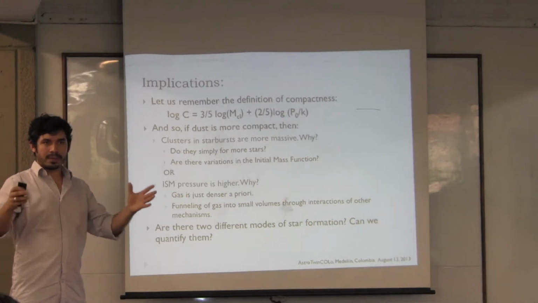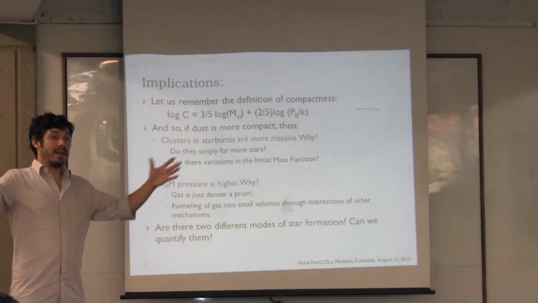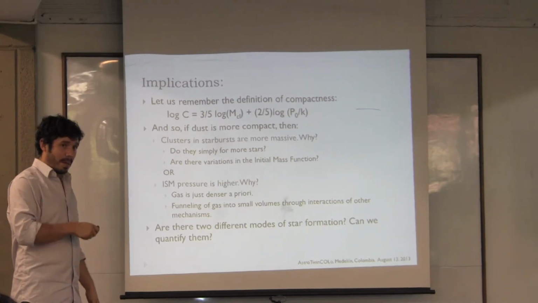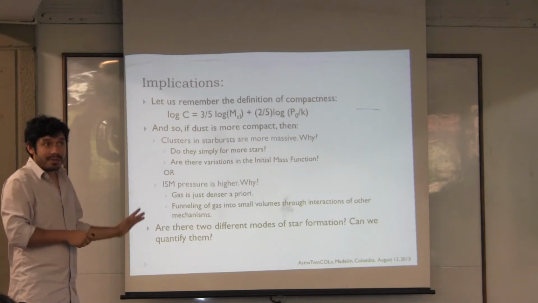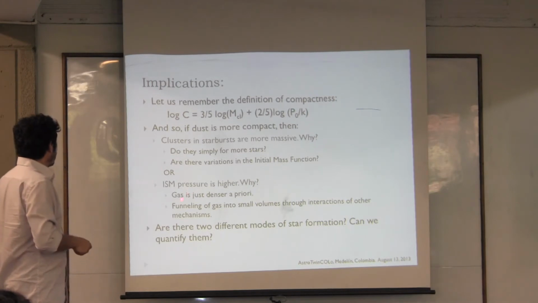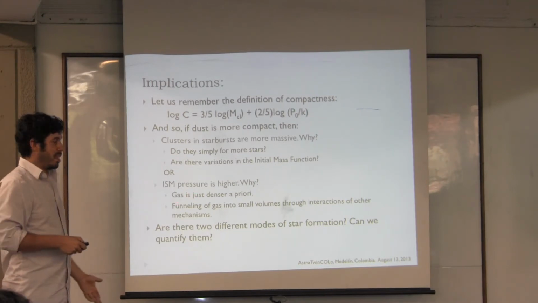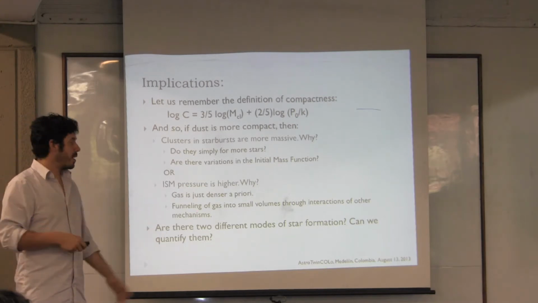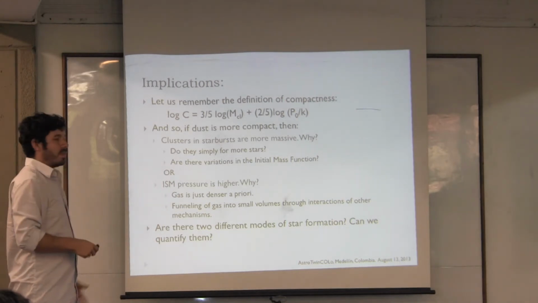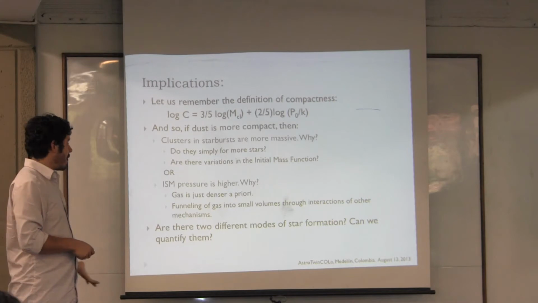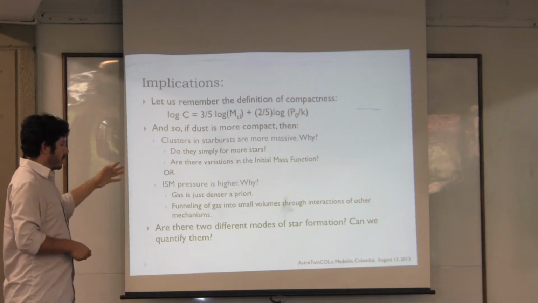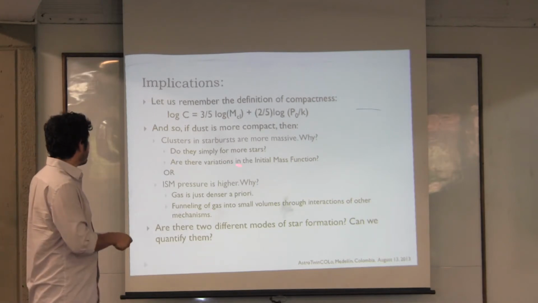I mean, if you form a bunch of stars at a certain point, how many of those stars are big and massive, and how many of them are small? If it turns out this increase in compactness is because of a mass issue, that could be because there is a variation in the initial mass function. This is a strong statement, but it could be. Or gas is denser. Was gas already dense when the starburst started, or was it the interaction that, by funneling the gas into it, made the gas more dense and hence the compactness higher? That would look like a more plausible explanation, but I will show some additional evidence that some of these will also be happening.